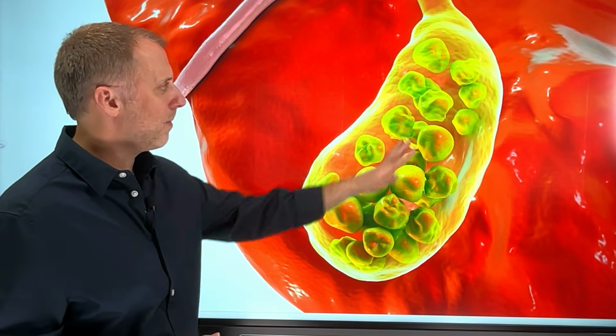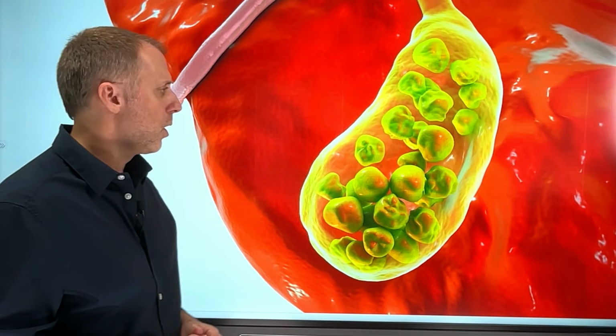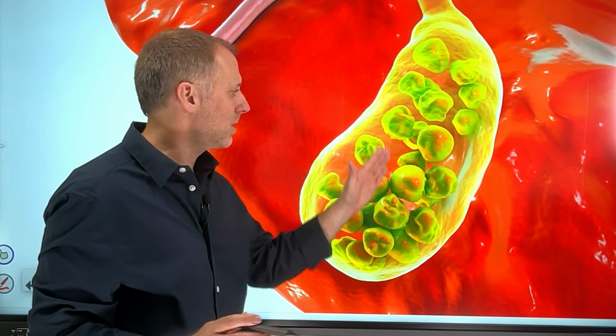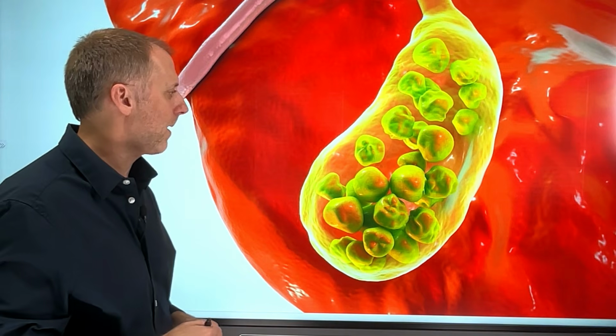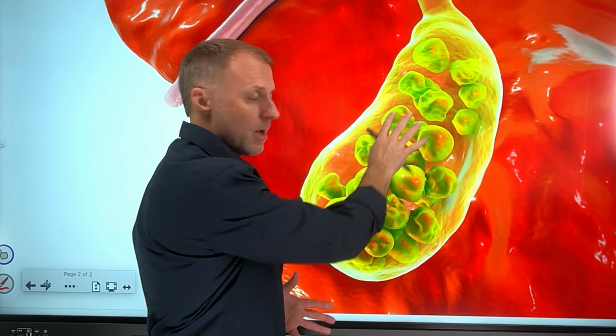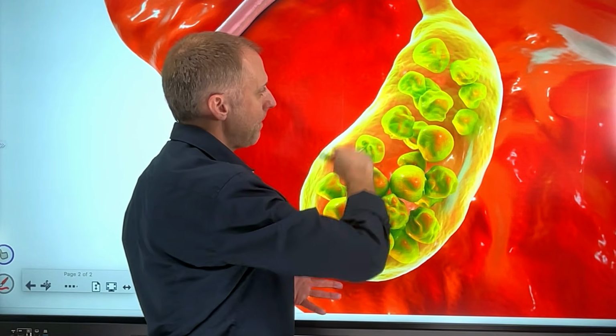Now here's something else we want to understand when we're going to thin out this bile. Let's just say you have a bunch of stones in here like this. Well, a lot of these stones are just minding their own business. "Hey, I'm not causing any trouble. I'm just minding my own business, having a good time." But if this is all filled with sludged up bile and you start to thin that bile out,